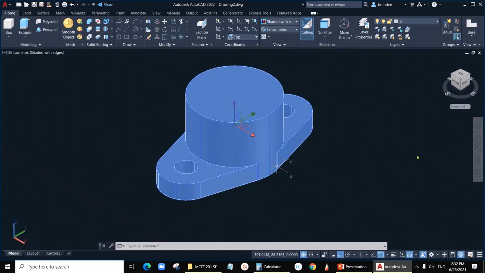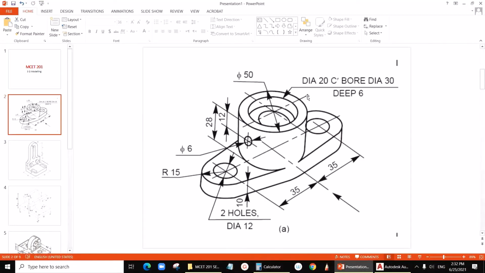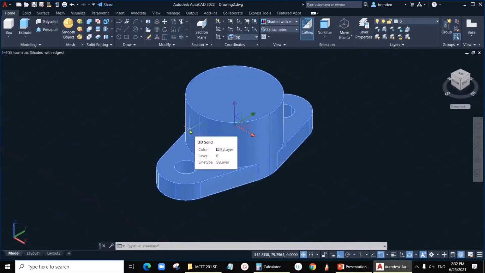This depends on your settings anyway. Now we want to make a hole inside here. The hole diameter is 20 but counter bore 30, and here the upper area is 6 deep, diameter is 30, and down here diameter is 20. Okay, so either we can make it 30 diameter, 6 millimeter deep first, or you can make 20 diameter throughout